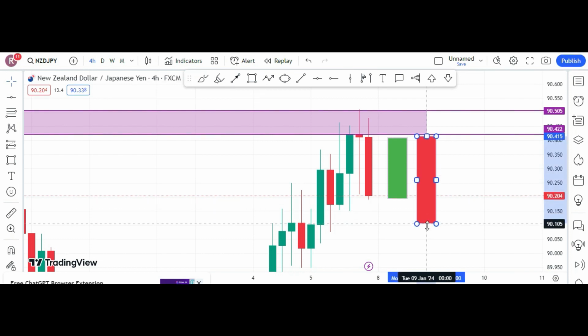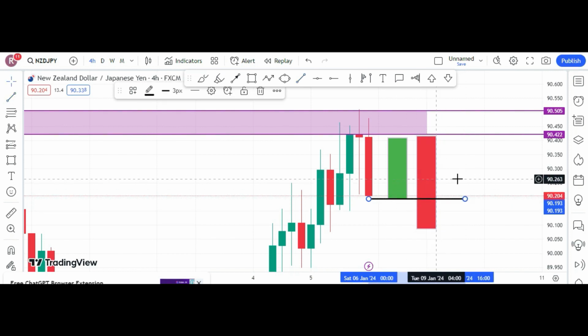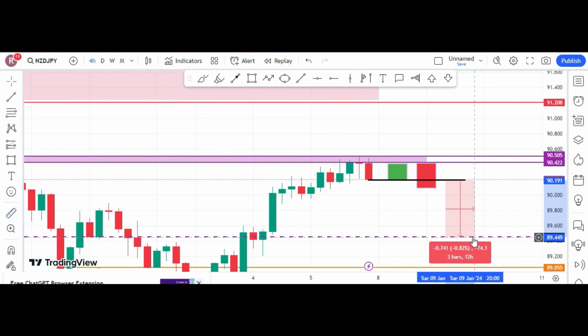So what I am talking about, in simple language, is that if we put it, it must break this area. Okay, guys, once it breaks this area, only then do we take the trade on the lower side. And even if it breaks, you guys can see we have at least 75 pips. On the flip side,